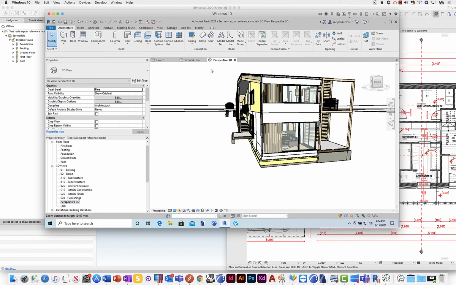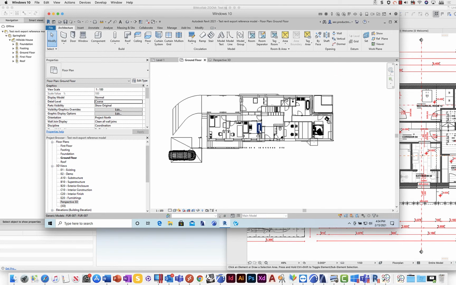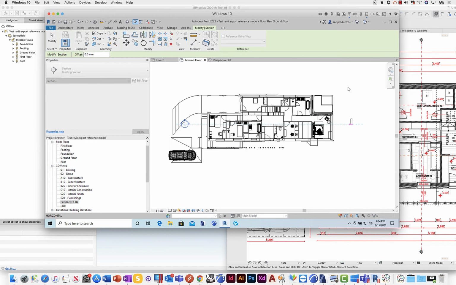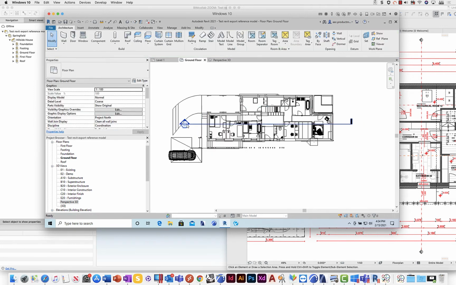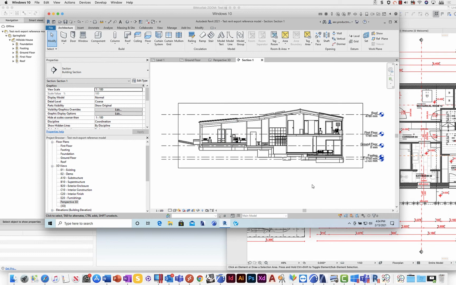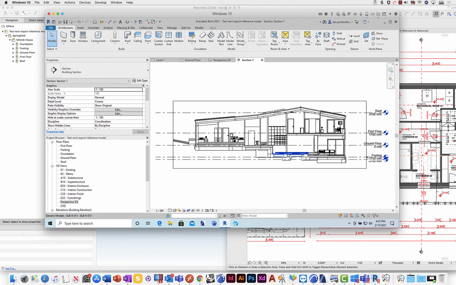And of course we can take sections and elevations through this model, and we should be able to see what we see normally. So for example, let's draw a section, and we'll just open that section. And this is why IFC is so good for clash detection and sending over the structure of elements, but obviously as a design transfer method it leaves a lot to be desired,